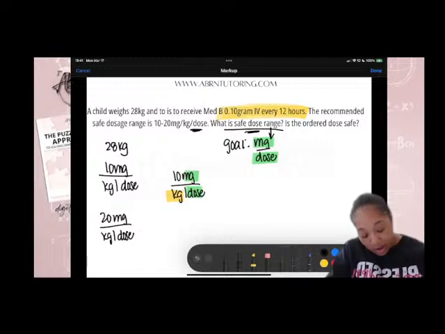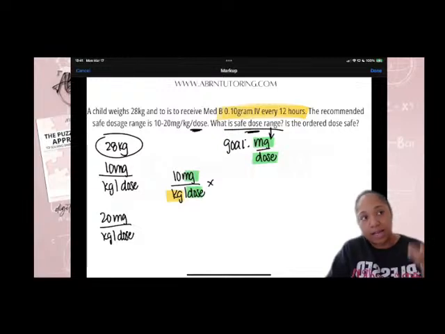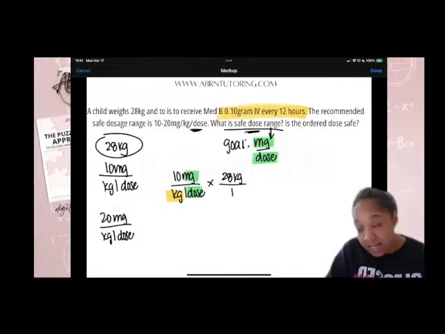Okay? So, how are we going to get rid of the kgs? Our patient's weight is already in kg. What's on the bottom has to go to the top. It has to be the same unit of measure in order to cancel out. So 28 kilograms, and it's just by itself. It doesn't equal a day,